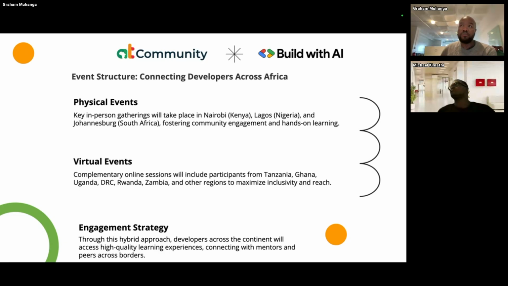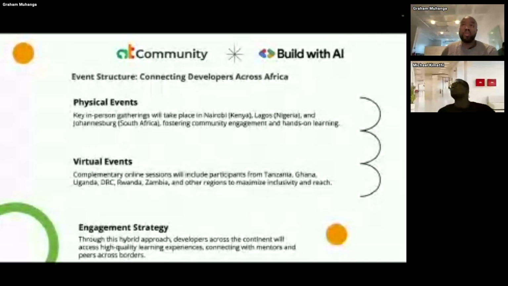For every mentor, what you will experience is that they will also be giving you their notes or their Jupyter notebook, preferably before the beginning of the session or even after, so that you can go through it. If you have any questions, we have a Slack channel. I think MK will share it as well. You'll be able to engage on there, but the physical events are also going to bridge the gap.